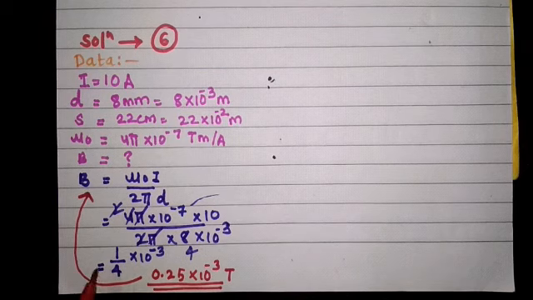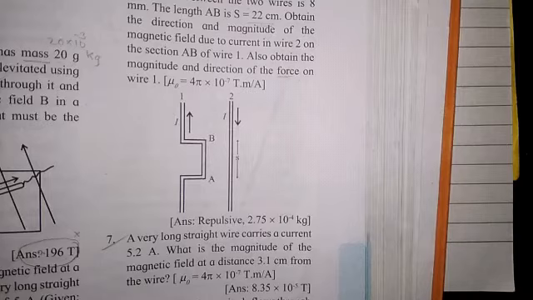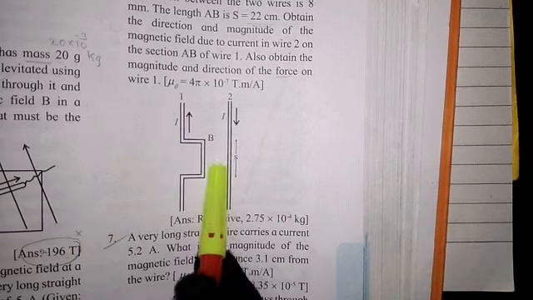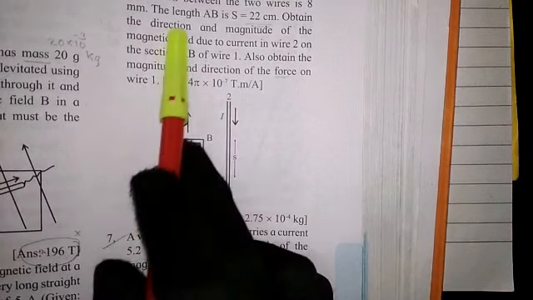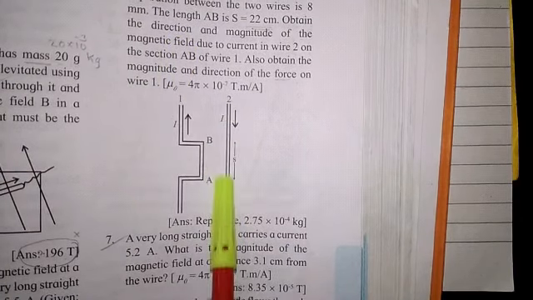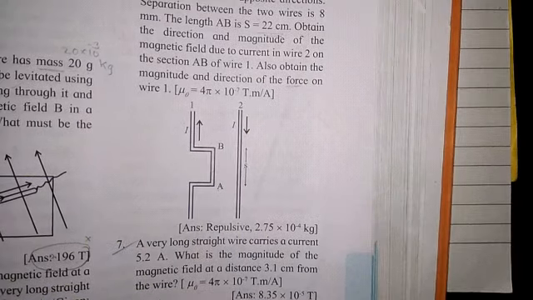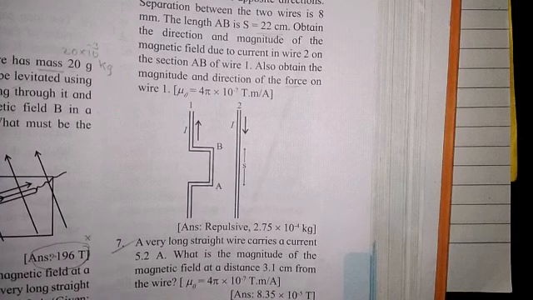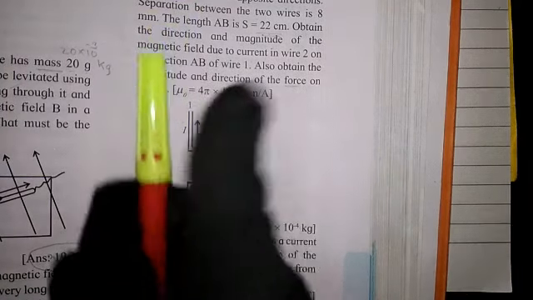As we have wire 2, this is wire 2, and we have to find the direction of this magnetic field. So see, the direction of the current is like this. So according to the right hand thumb rule, the direction of the magnetic field, see, if the direction of current is like this,